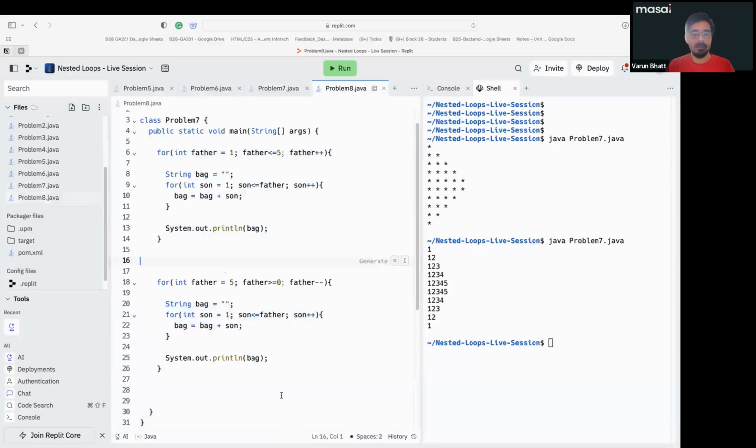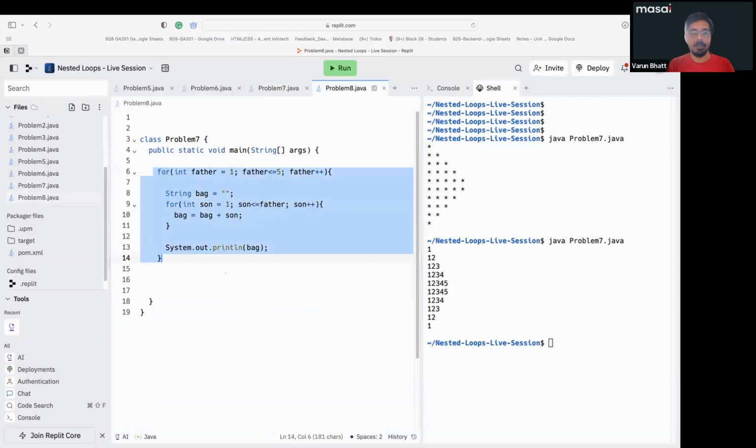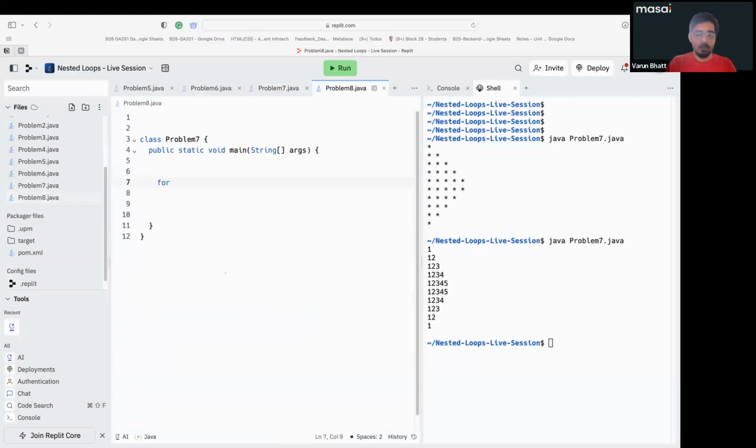Now here you can see that this is the thing, and here I am writing the code. So imagine that there is an int Sultan. Okay, Sultan has some value 1, Sultan is less than equal to 10, and Sultan plus plus. Now here I am writing for int Bahubali. Okay, Bahubali is 1, Bahubali is less than equal to 10, Bahubali plus plus. Now here I am writing these 2 loops,